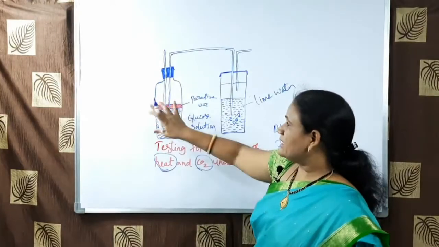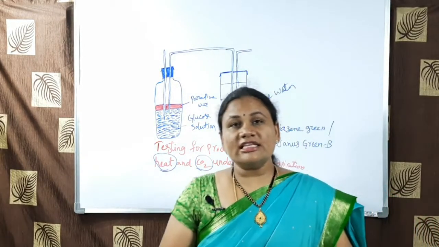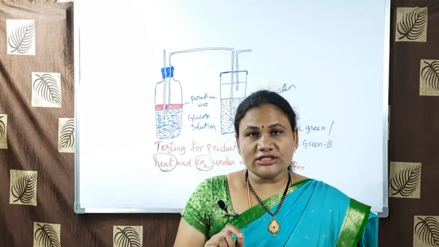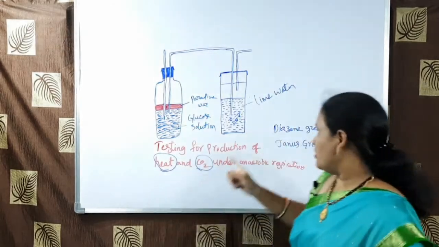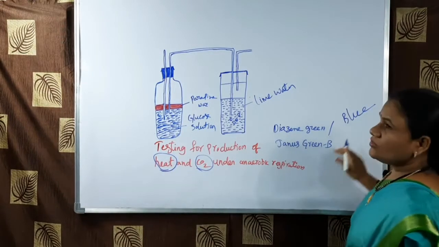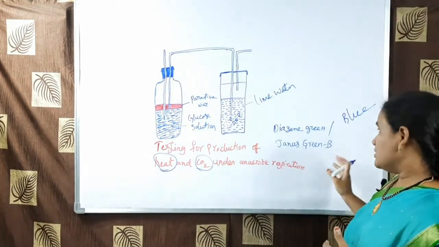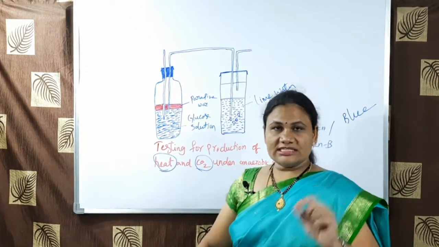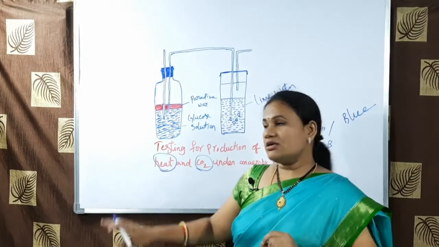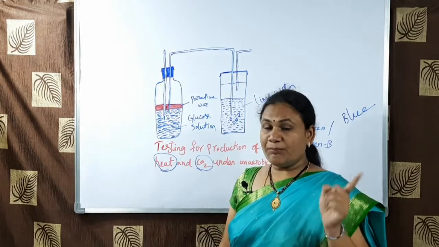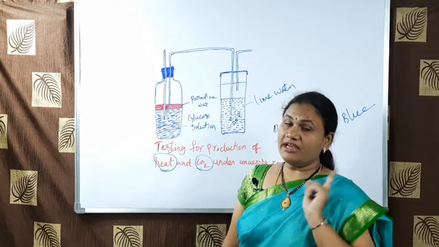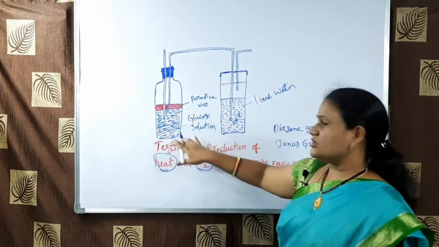Once again, see this. Take a glass beaker with glucose solution and heat the glucose solution up to 37 degrees to remove oxygen from it. To test the presence of oxygen, we should add Janus green B or diazine green. These are blue colored solutions. If we add either diazine green or Janus green B, and there is a small amount of oxygen or an absence of oxygen, it is indicated by the glucose solution turning pink. Remember that pink color indicates the absence of oxygen. Do remember, it is very, very important. And later on add yeast to this glucose solution.